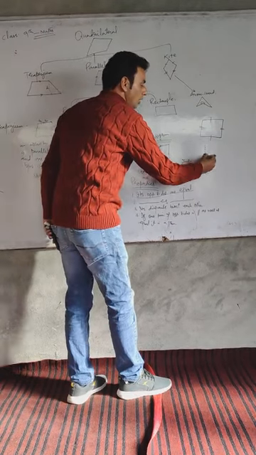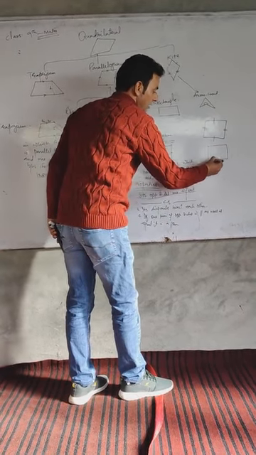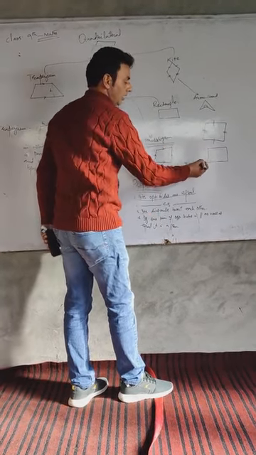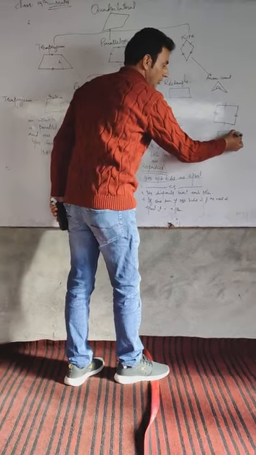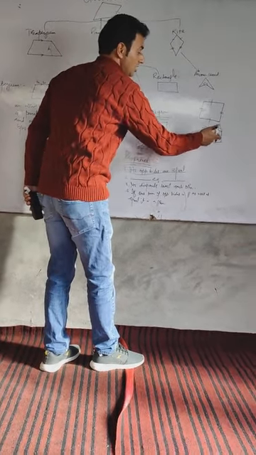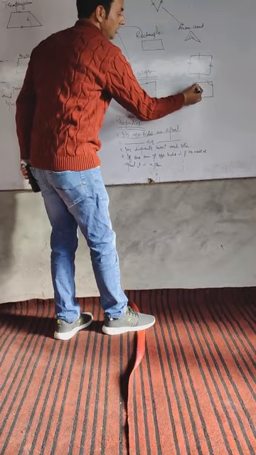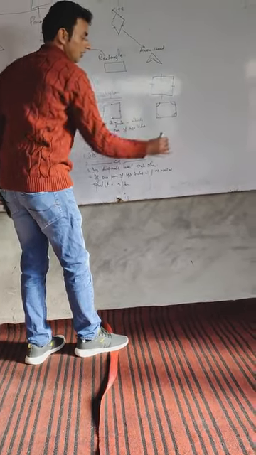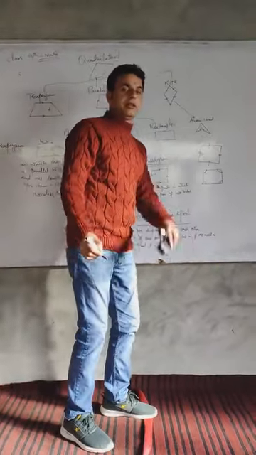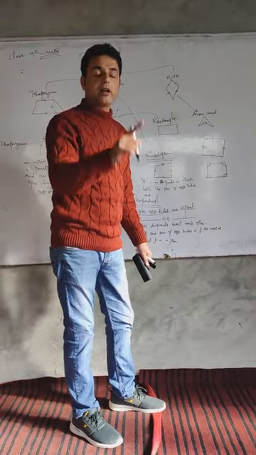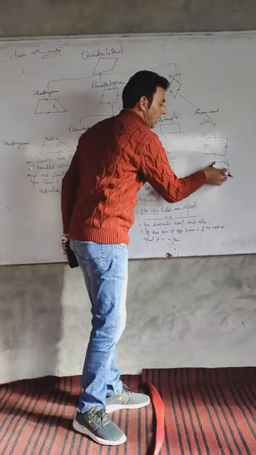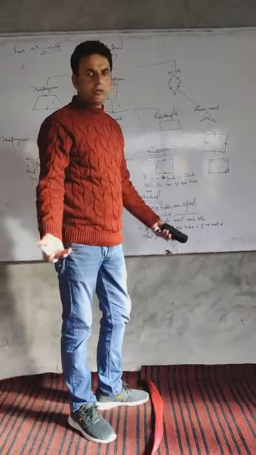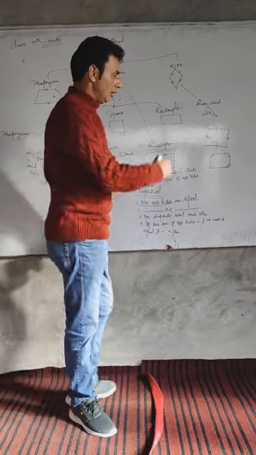I will show you one more quadrilateral here. In this quadrilateral, I will show this angle equal to this angle. You just see these are the opposite angles. This angle equal to this angle. These are also the opposite angles. In a quadrilateral, if opposite angles are equal, such a quadrilateral is a parallelogram.